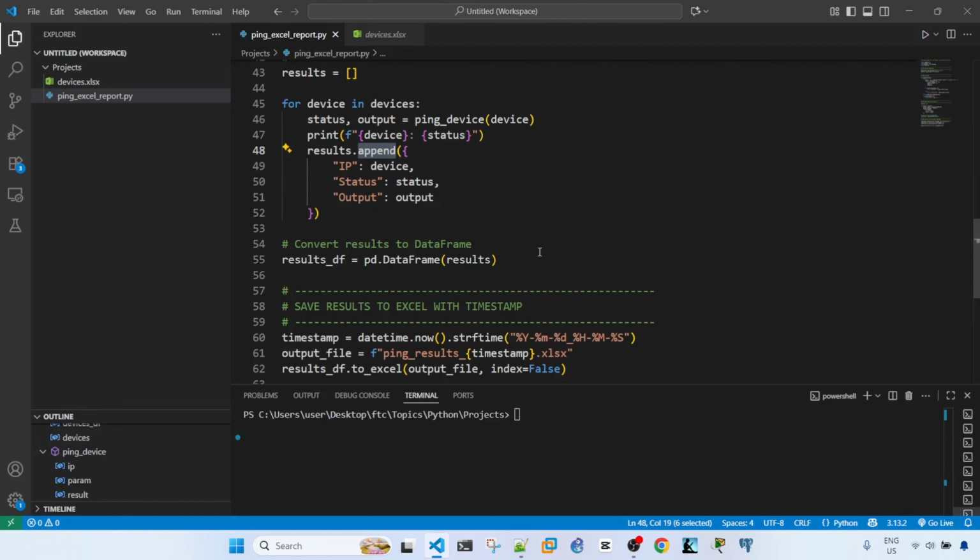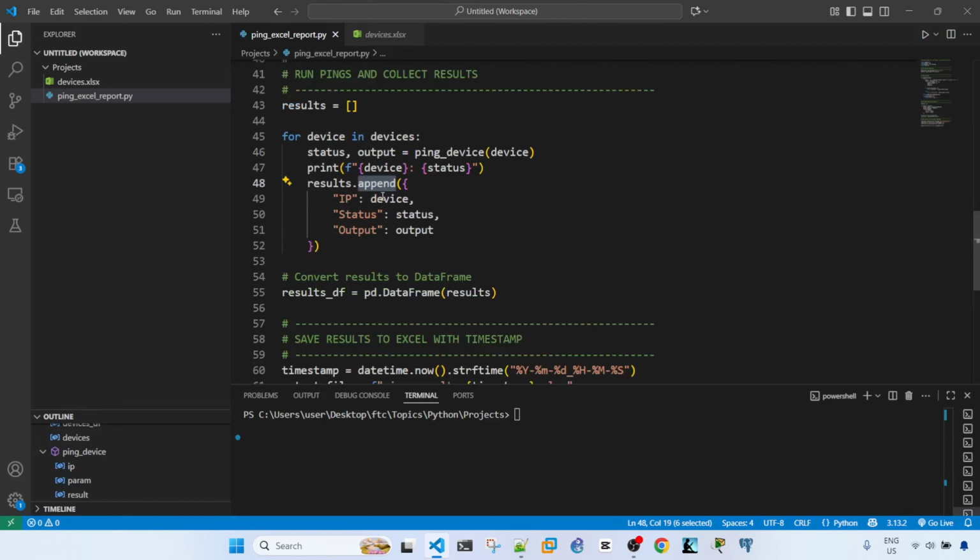So append is a list method, and results is the list. So we are calling the list method called append, and we are appending each dictionary into the list. Okay, and after the loop,